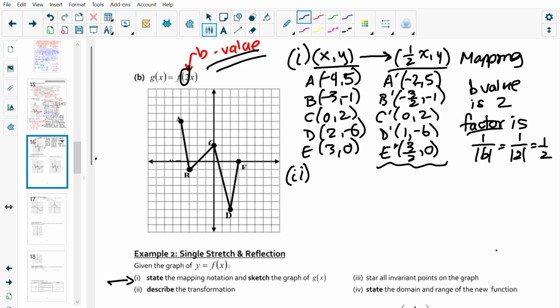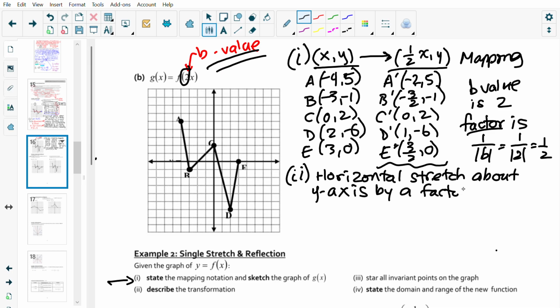Okay, 2. Describe the transformation. So this is a horizontal stretch about the y-axis by a factor of, I'm going to pause here, by factor of 2 or by factor of 1/2. Remember, b value and factor is different when we're talking about horizontal stretches. Okay, pause here, think about it, 1/2, right? Right here. So by factor of 1/2,